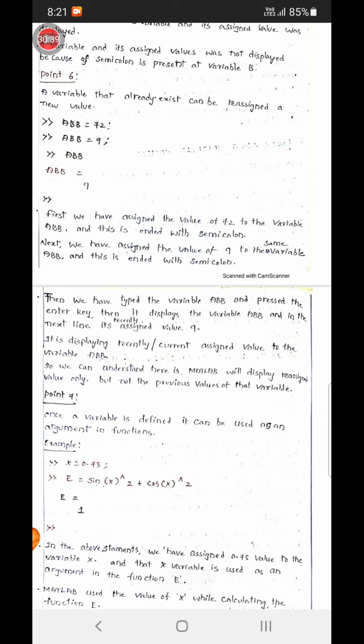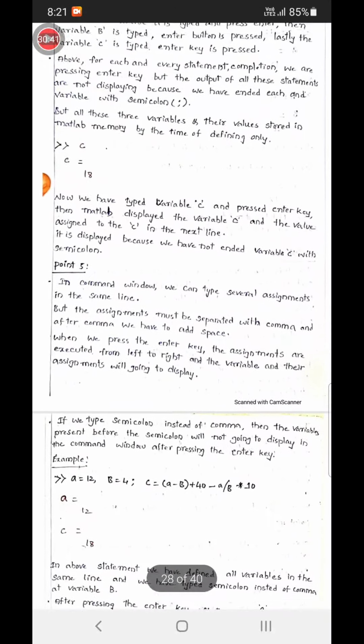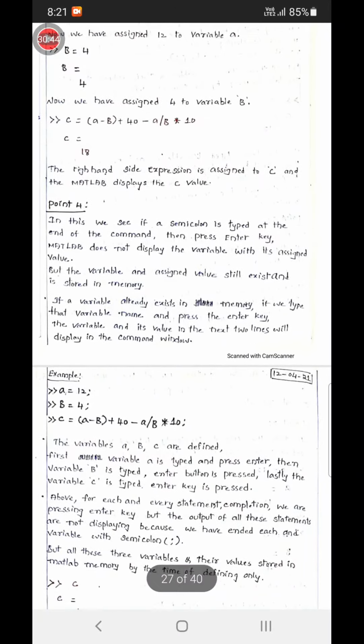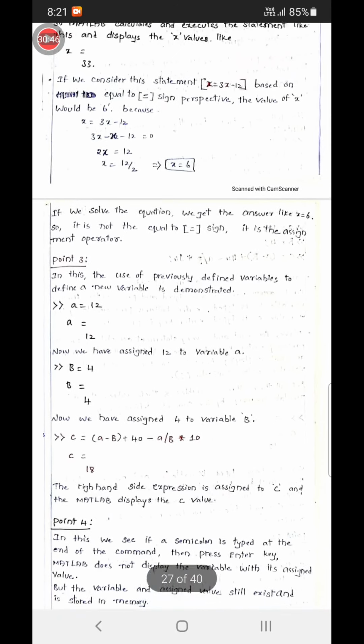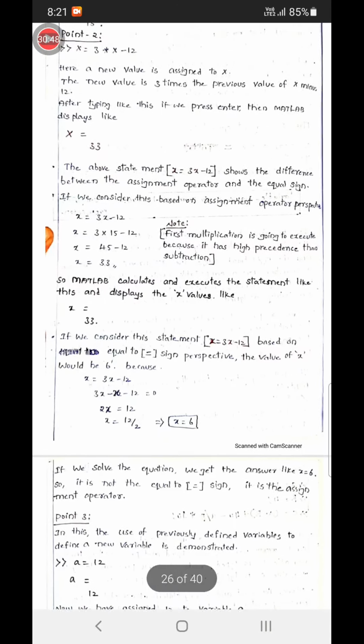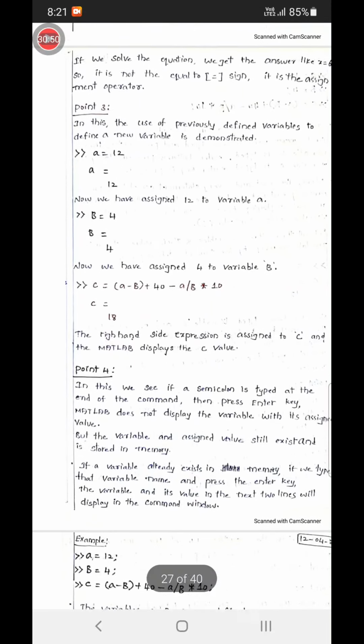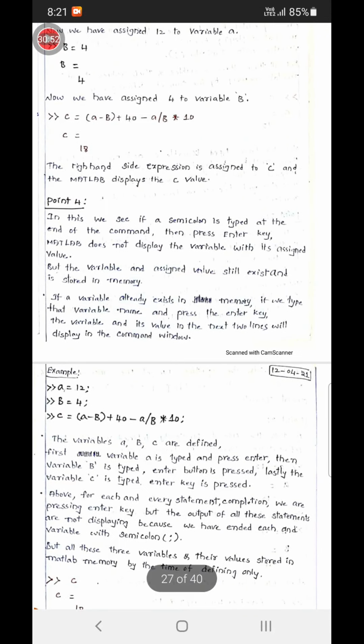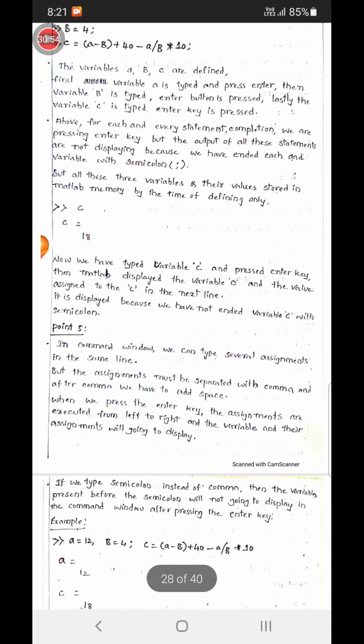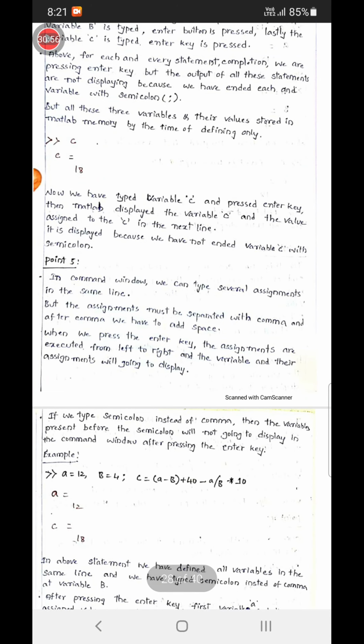So these are the points we have discussed in the assignment operator. Now you all know the difference between assignment operator and equal to operator, and some rules and regulations are also explained with some points. So that's all about this topic, and we'll continue in the next topic. Okay, thank you.